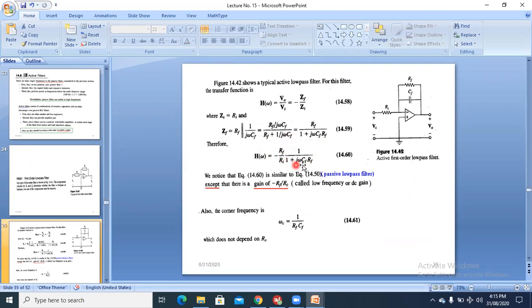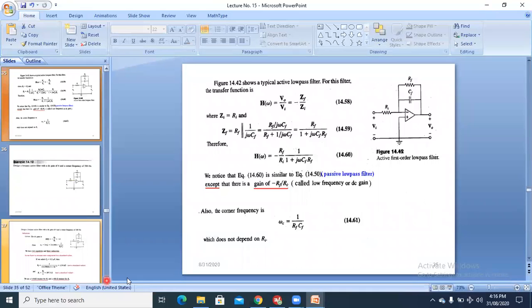And this 1 plus J omega Rc in fact is the response of the low pass filter, right? And this Rf by Ri is controlling the gain, which we don't have in the passive low pass filters. So the cutoff frequency is 1 by Rf Cf, and we can have